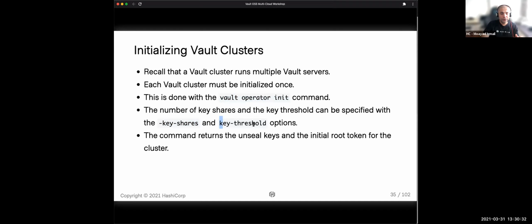We use the Shamir key algorithm, where we split the encryption key that Vault needs for the unseal into 3 keys or 5 keys. You can specify that. The idea is you don't give 1 key to 1 person to unseal. You can split it up for additional security. They all need to come together for the unseal process to be successful. All right, so that's something important to note.